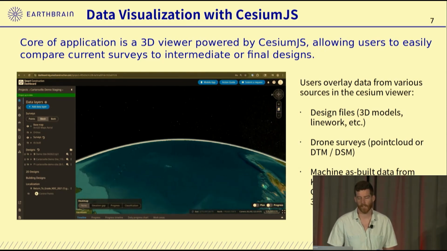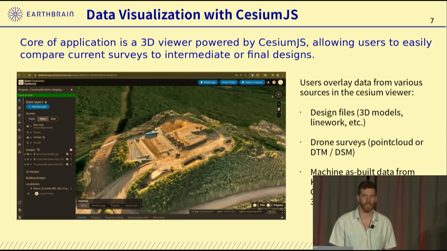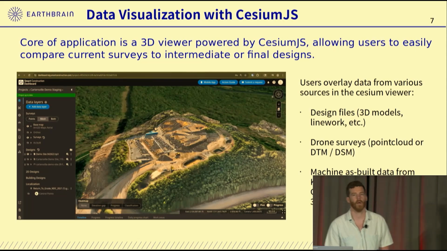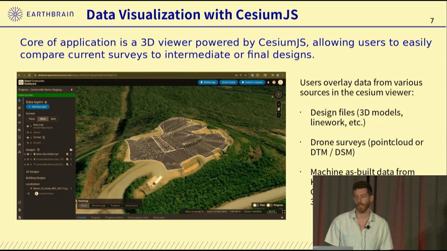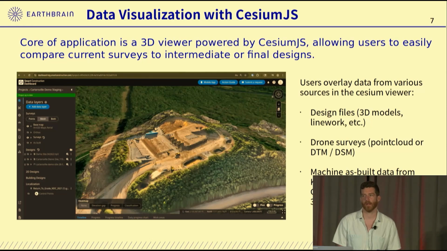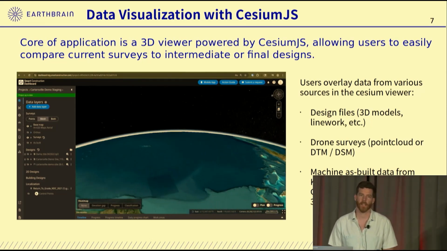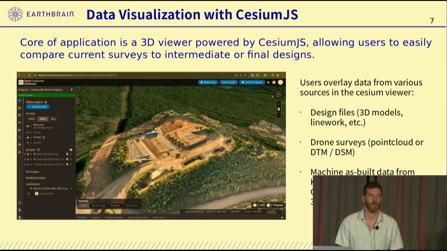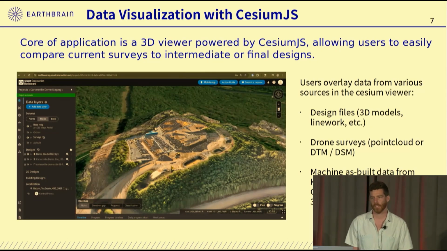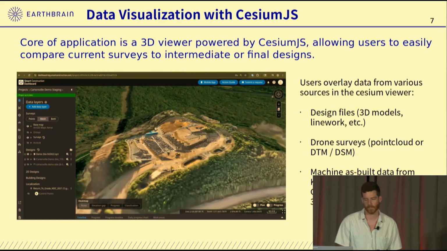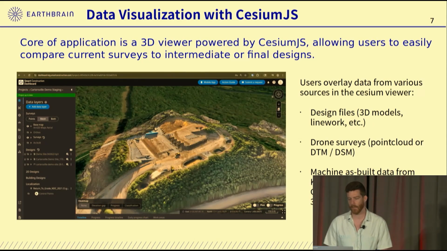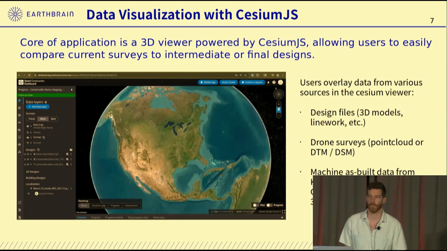The digital twin is visualized with a Cesium JS viewer, which forms the core of the application's front end. Users can overlay data from various data sources, including design and CAD files, point clouds, and digital terrain models derived from drone flights, and machine as-built data from Komatsu Intelligent Machinery,